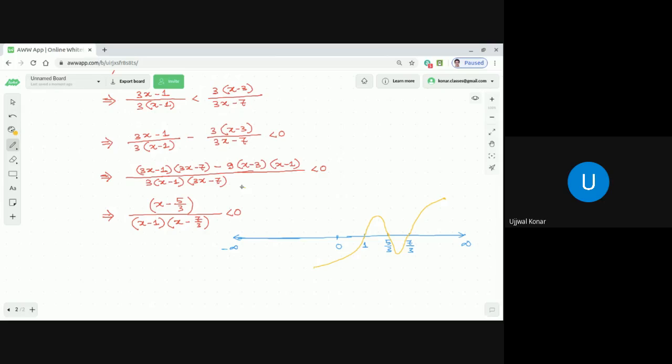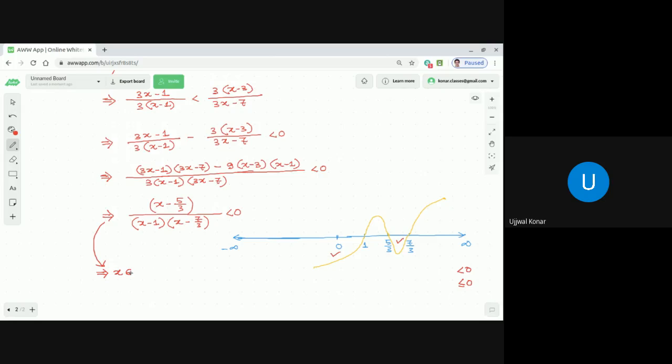But what we should be bothered about now, as it is less than 0, we should be bothered about the region below the number line, isn't it? Below the number line is always less than 0 or less than equal to 0. Correct, dear students, if you recall? Then what are the regions? This is one region, this is one region which is below the number line. From here, what can we say the solution set for x is?